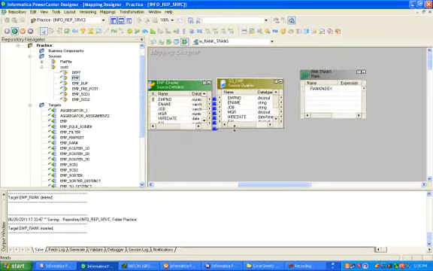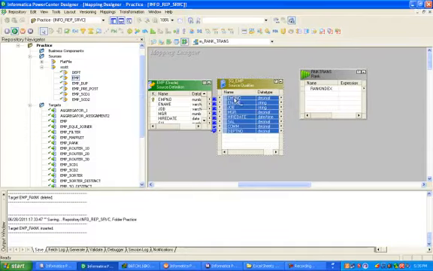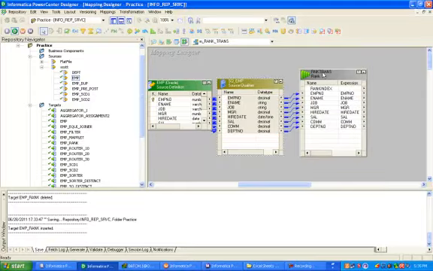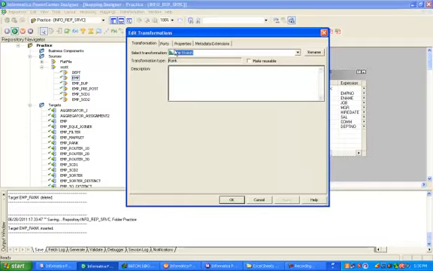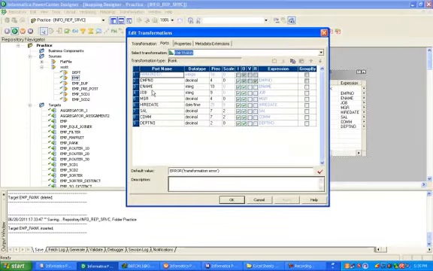Now select all columns from the source qualifier to the rank transformation and double click on the rank transformation. Click on Ports. By default, rank is given on employee number. It will come automatically by default.